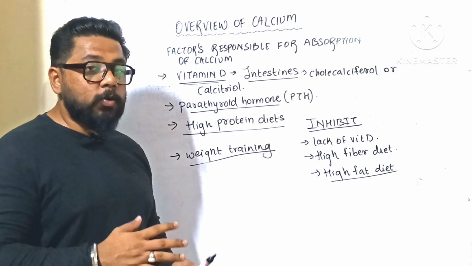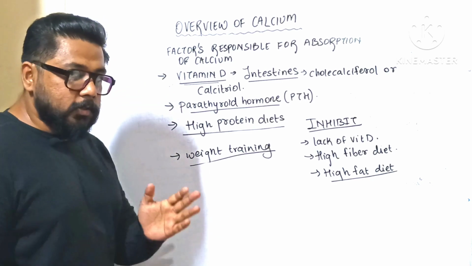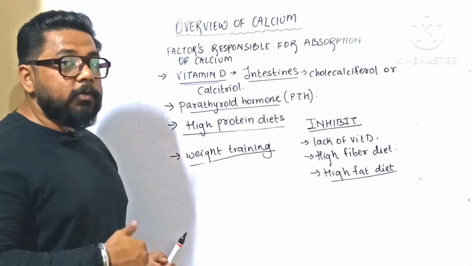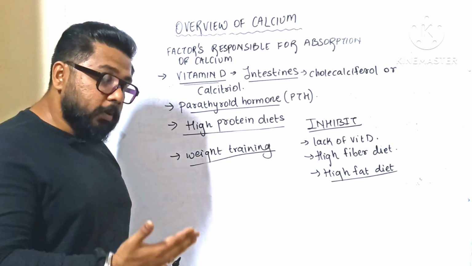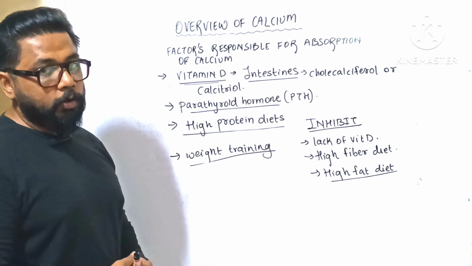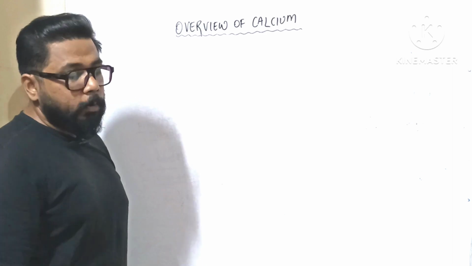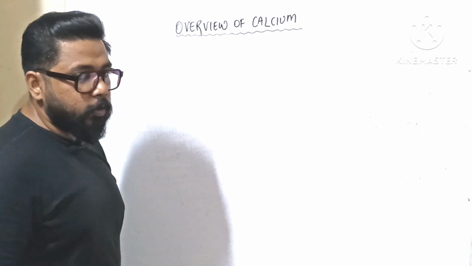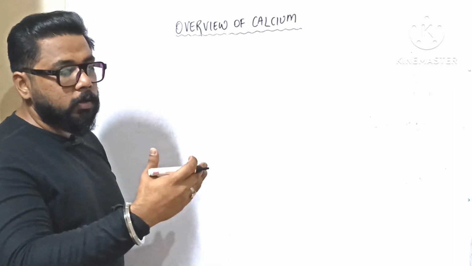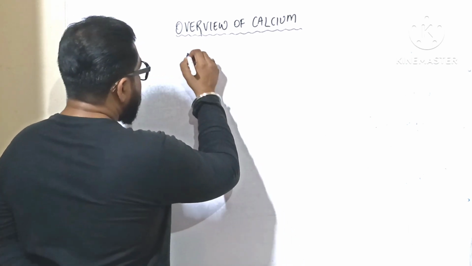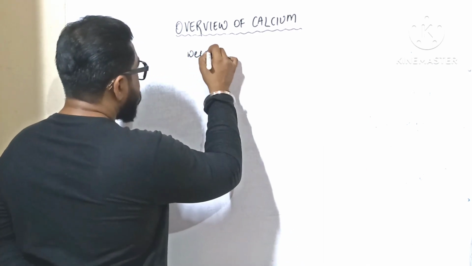So these are the two categories: inhibition of the absorption of calcium, and the factors which are responsible for an increase in the level of calcium. Now from the athletic point of view, from the sports perspective, athletes who are involved in weight training,